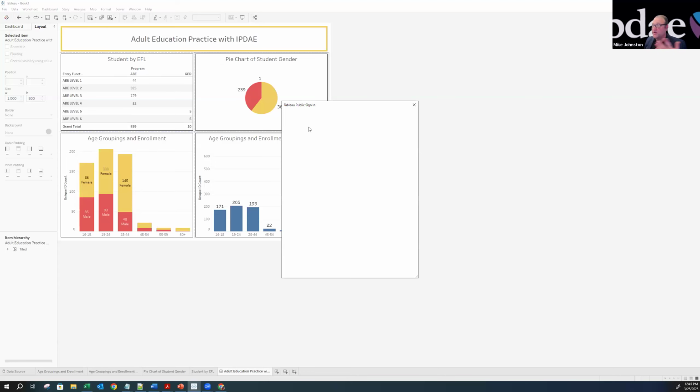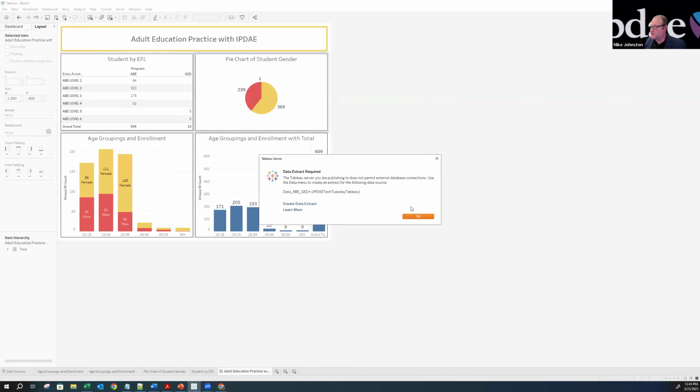with your free account. I created a new account yesterday, but notice here it's giving me a little bit of a flag, and it says, hey, there's data here. It's not going to allow me to publish it until I do a refresh or an extract. Colleagues, do not worry, I will show you a cool trick. What this is telling you is that you have to create an extract of this data.